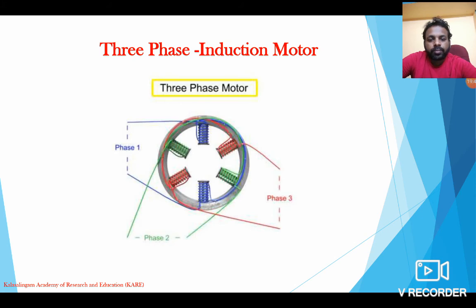So here you have a diagram. The stator slots have three different windings. It is indicated in blue, green and red color. So with the help of three different windings, we can supply the three phase AC current. When you supply the three phase AC current, each winding helps to energize the stator slots. So when you supply AC current, it creates rotation of magnetic flux over the stator.